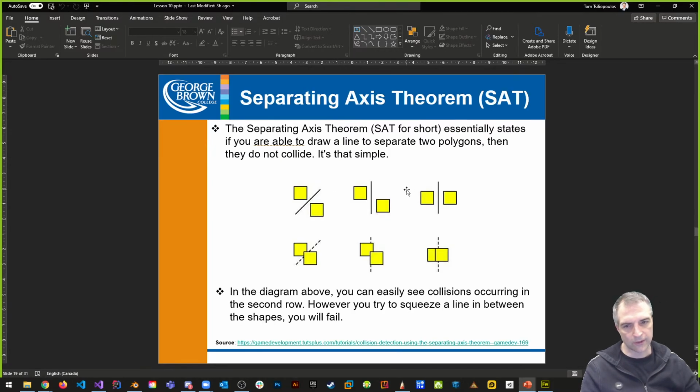There's also something called separating axis theorem. This is a more accurate way of doing collision detection. Why? We're basically saying this: if I can put an axis between the objects, if I can form an axis somewhere between the objects, that's the theorem, there's no collision. If I can put some kind of axis between the two objects, there's no collision. This is derived from OOBB collision detection,